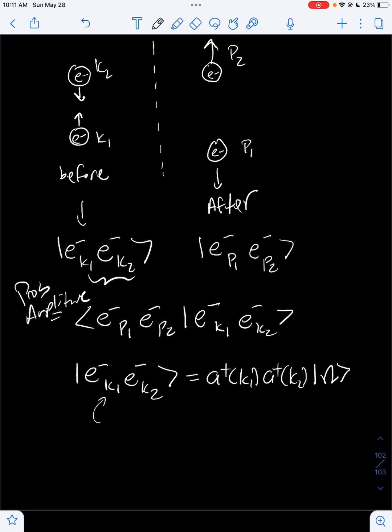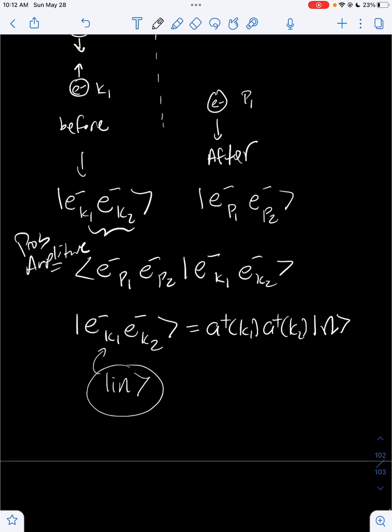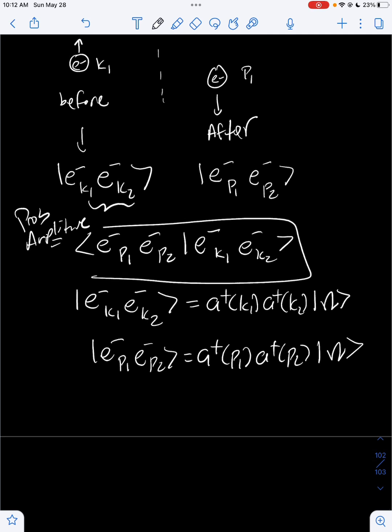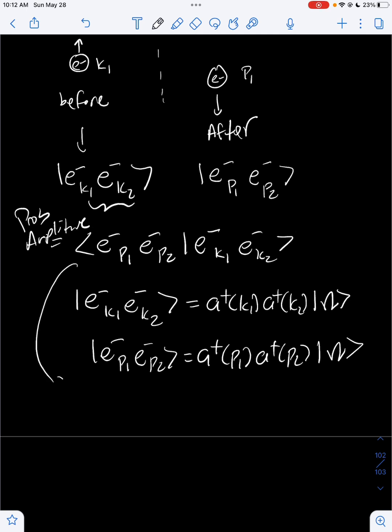And we call this over here the in state, the incoming particle state. And the outgoing particles have momentum p1 and p2. So this is formed by A conjugate p1 acting on A conjugate p2 acting on the interacting vacuum state. And this inner product basically is going to equal,